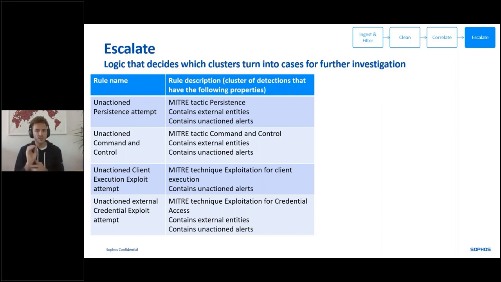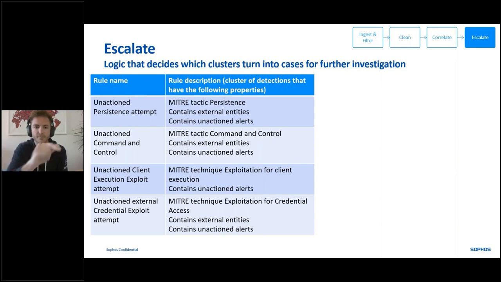This is a super robust way of writing rules rather than on the individual alert level, right? We're abstracting to the threat level, abstracted away from the underlying source system. Have a look at that. I mean, I think this is beautiful. You don't see here, if it's Palo, do this. I don't care if it's Palo. I don't care if it's FortiGate. I don't care if it's Checkpoint. I don't care if it's SonicWall. If it's a MITRE ATT&CK, it's command and control, and it's external and it's unactioned, we're going to create a